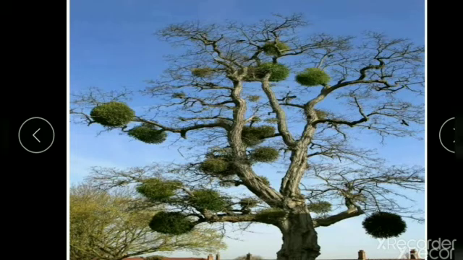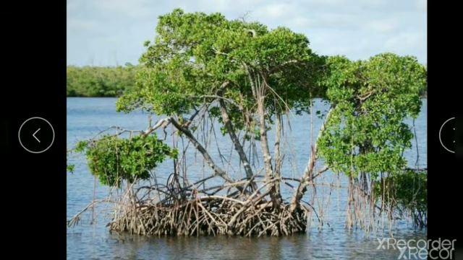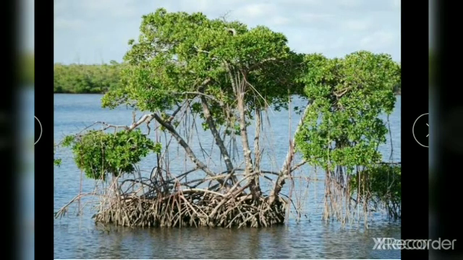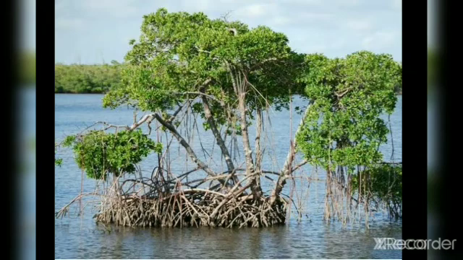Okay, so some plants have developed ways to survive in water. You have seen mangroves grow in swampy areas. That is, mangroves are found in places where there is more water. Their roots poke up out of the water to take in air. The stomata of floating water plants are also on the surface of the leaves, not on the bottom, to take in air. In today's class, we have seen some of the adaptations of plants in different areas.